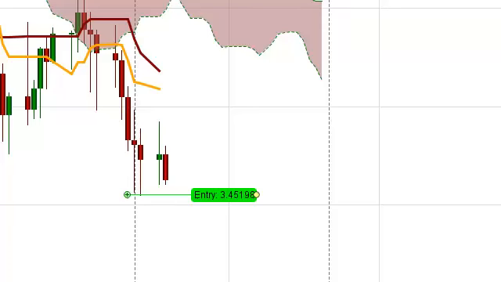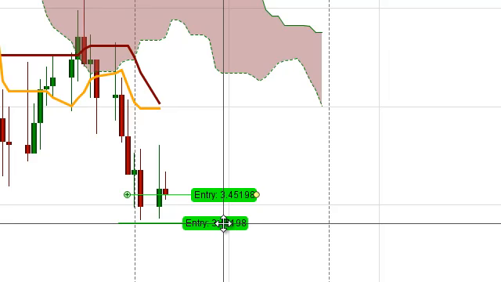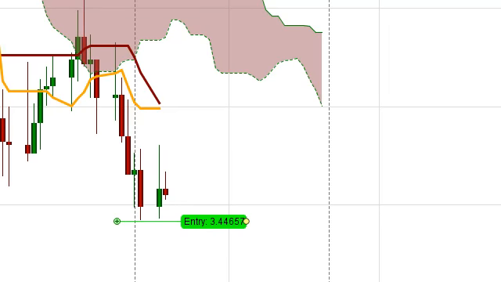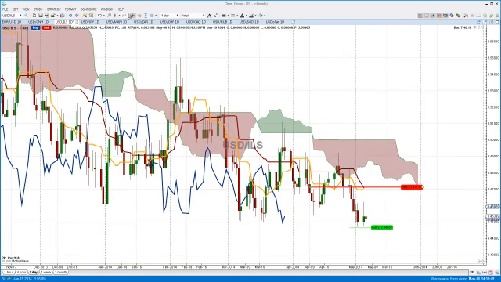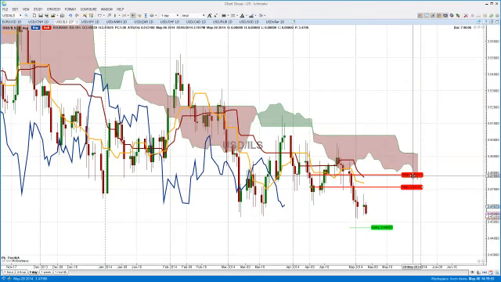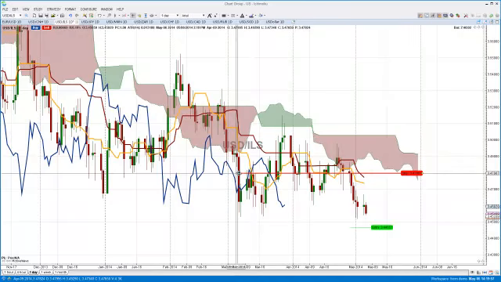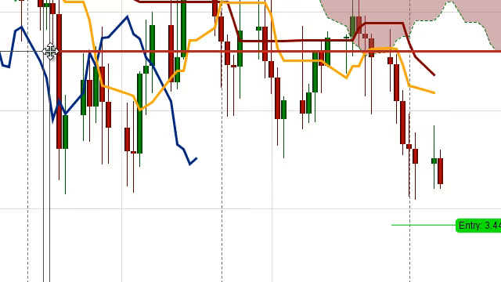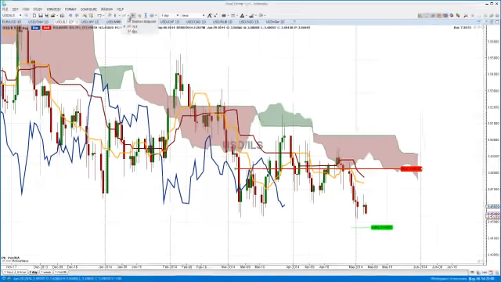Let's make sure we're on the actual bid price. See, that's the difference if you actually get your pricings wrong, and we can probably put our stop just above here, and let's put that on the ask price to avoid any kind of complications. And if we bring this thing through, we can see exactly where would be a good spot to put it. I'm more comfortable somewhere around here, to be honest to tell you, so that would be a good stop. And if we move it back to the bid price,